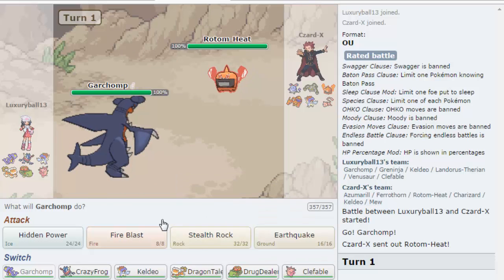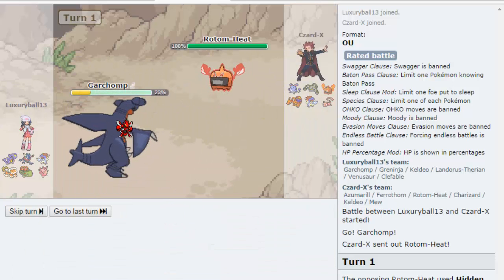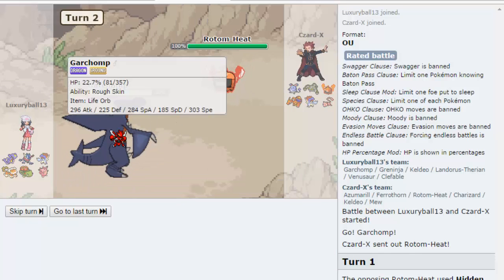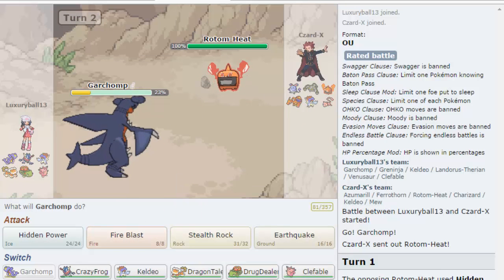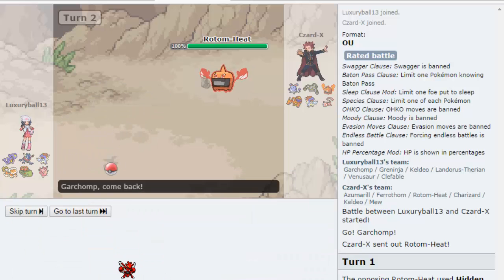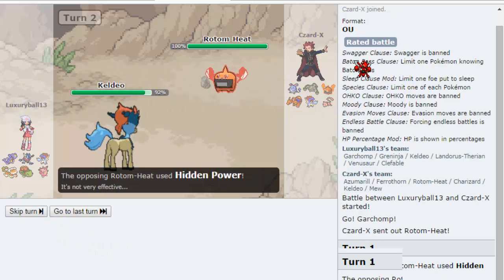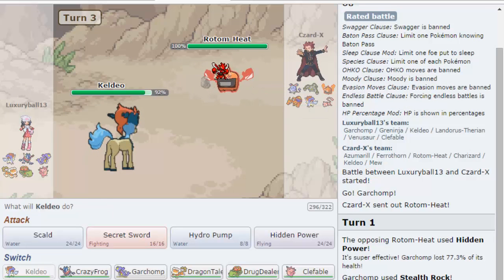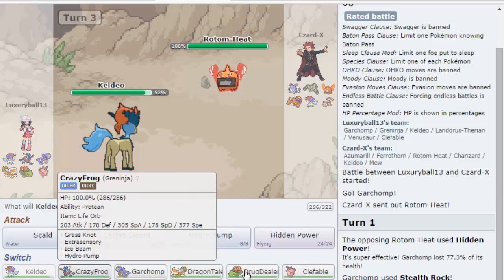Lead Garchomp, go for the Stealth Rocks. Of course, it's this Scarf HP Grass. It's really, yeah, he has a Scarf. HP Ice, sorry. And he's gonna go into my Keldeo, as he's most likely gonna go out into his Azumarill. So what I can do is just go out into